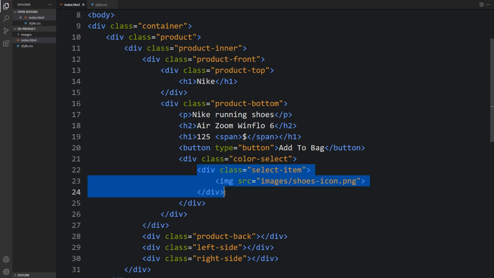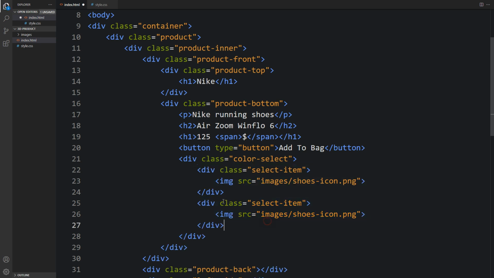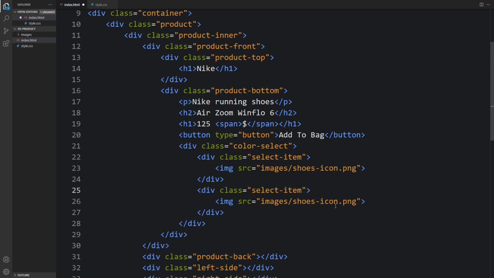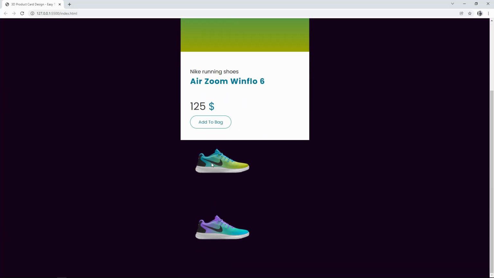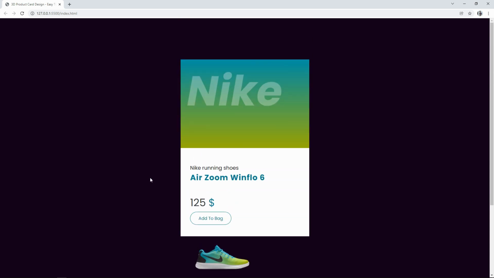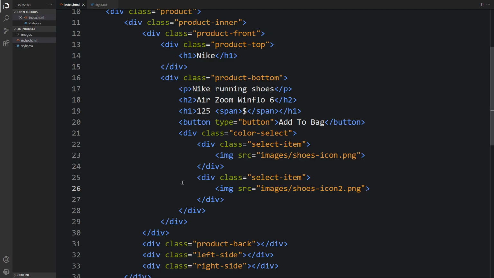So just duplicate this one, select item, and here we will replace the file name, so it is the second image shoes icon2.png. So you can see we have two images here, two shoes icon at the bottom, and it is outside of this box, so we have to set the position for this one. So let's come back and copy this class name color select,